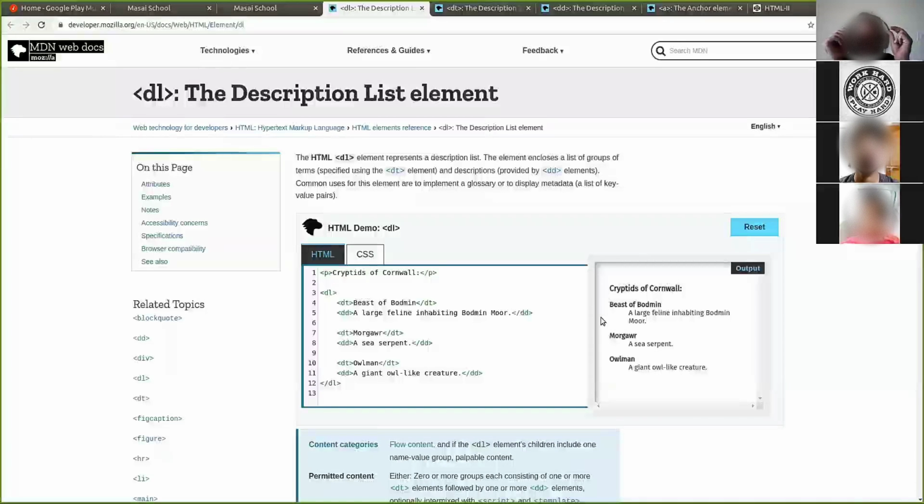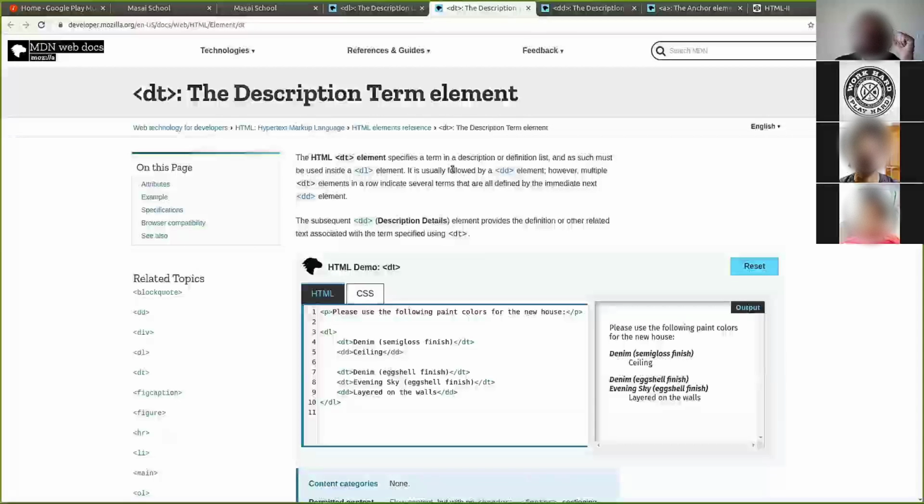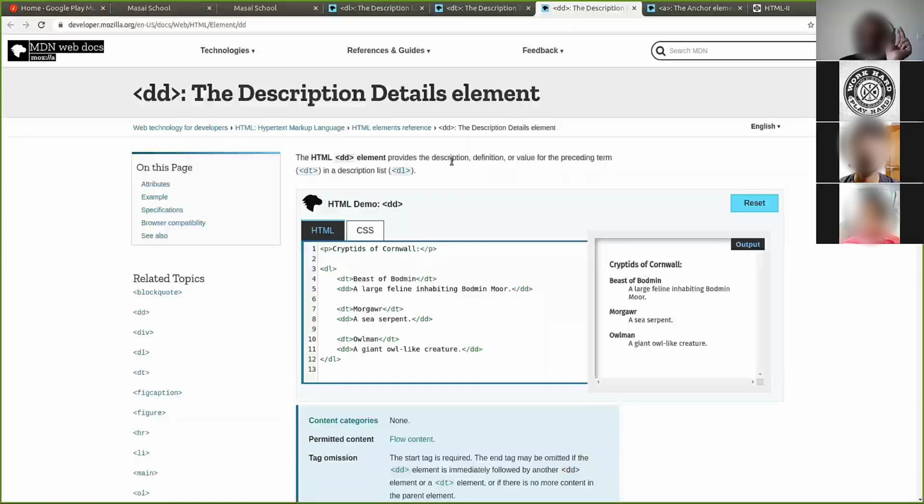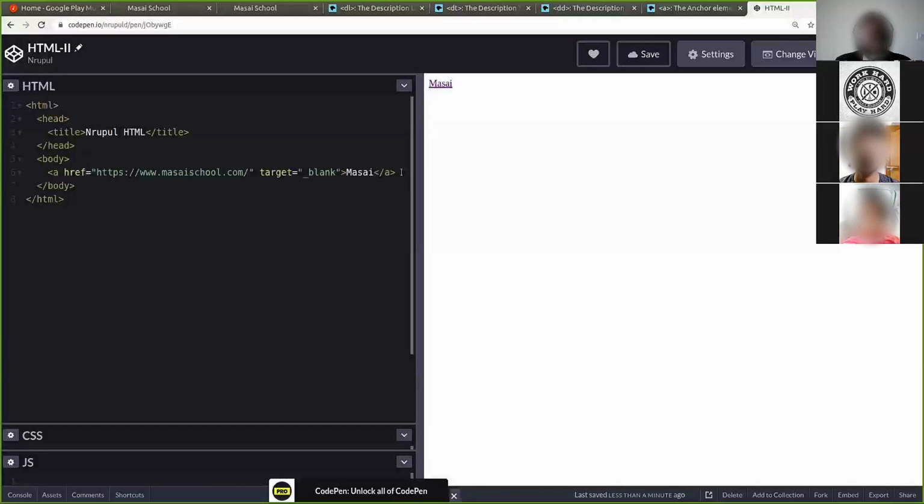So it has something called DT. What is DT? It's what the key is. It's a definition. And DD is where you put the description or the value of it. So the syntax is DL, DT, DD. So in description list we have the list. DT will have the left one. DD will have the right one. The way in which it shows might differ based on the different browsers, but you will know how to style it when you learn